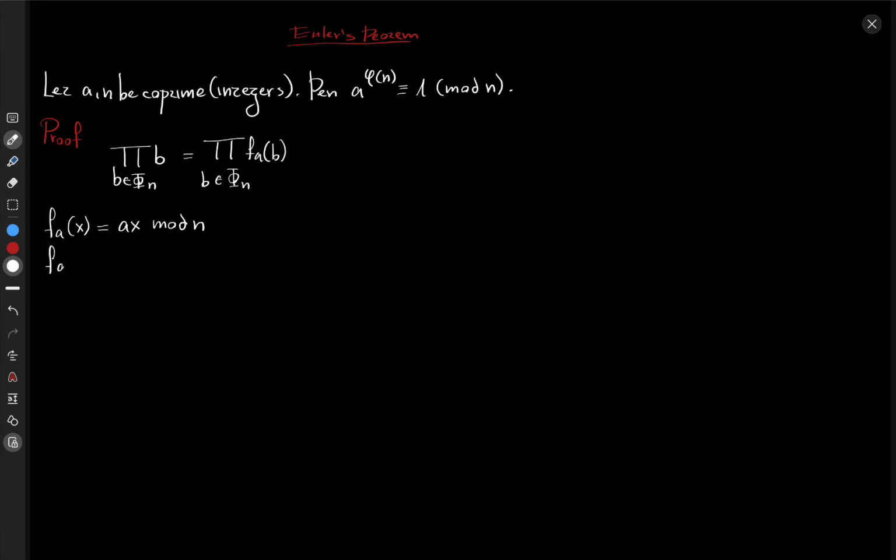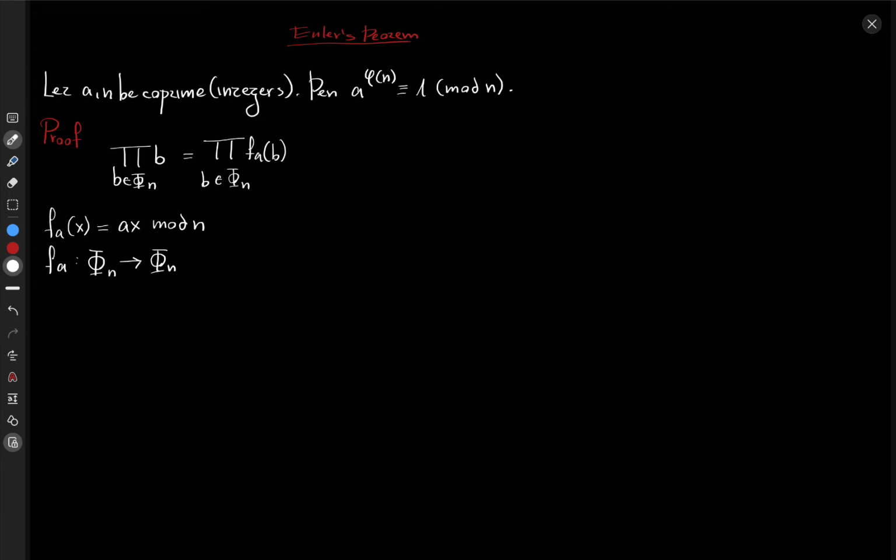You observe that f_a is a function which maps capital phi n into capital phi n, and we have proven that it is a bijection. So the equality holds because the bijection simply alters the position of the factors. And since multiplication is position invariant,